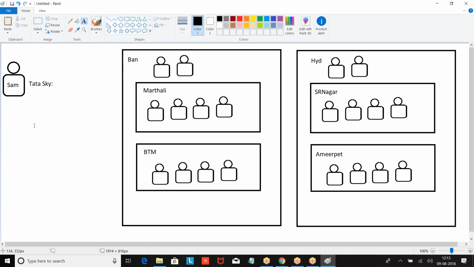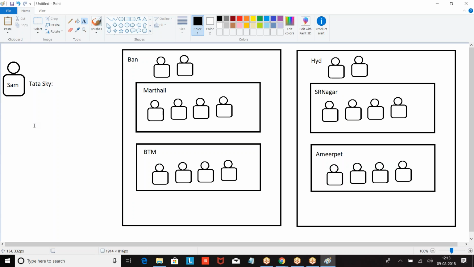Now somebody from Delhi made a call and said, I am looking for a Tata Sky connection. The request will not be given to Hyderabad again. Boss, take a flight to Delhi, give a Tata Sky connection, come back. Right? It will not happen. So when you make a request, they segregate the customers based on the region, the territory. Which city, which zone, which place, assign it to that team. The team will take care of it.